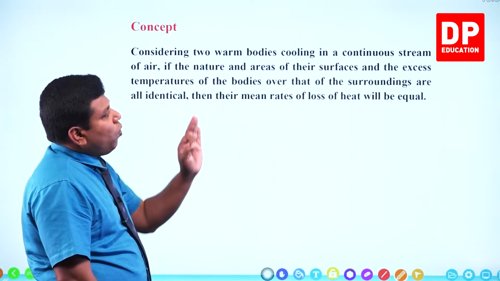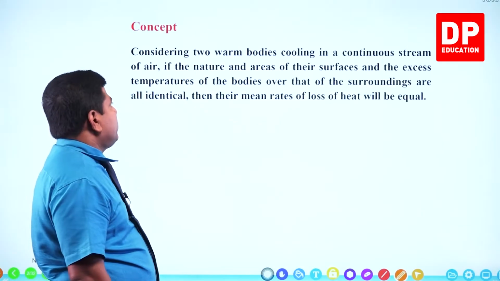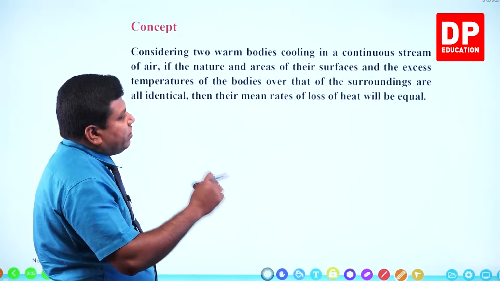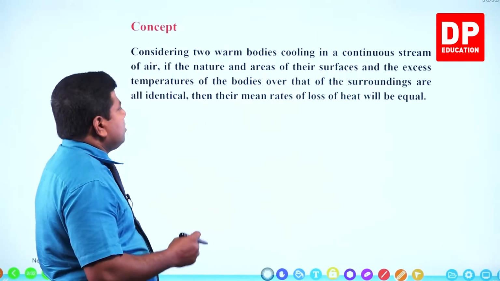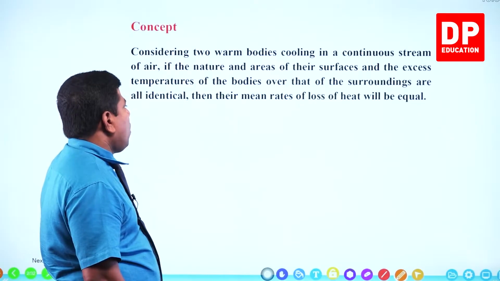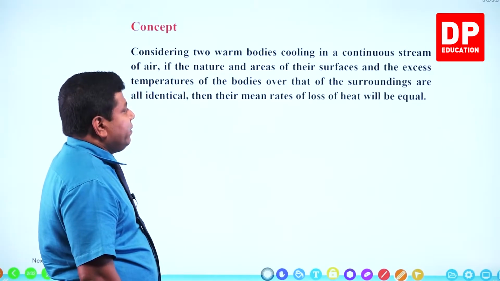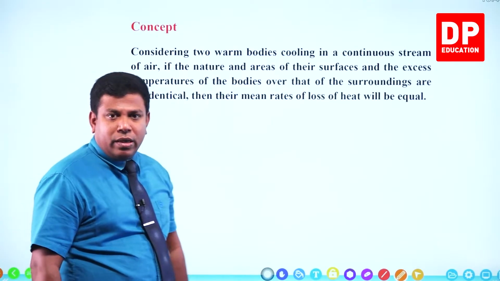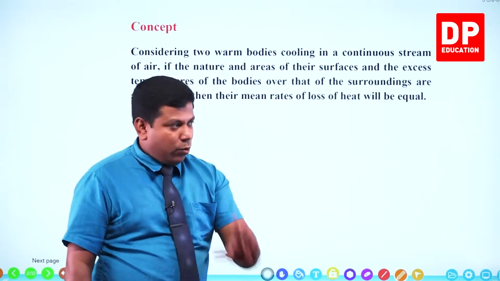considering two warm bodies cooling in a continuous stream of air, if the nature and areas of their surfaces and the excess temperature of the bodies over that of the surroundings are all identical, then their mean rates of loss of heat will be equal. I will explain. Listen, what that means is,